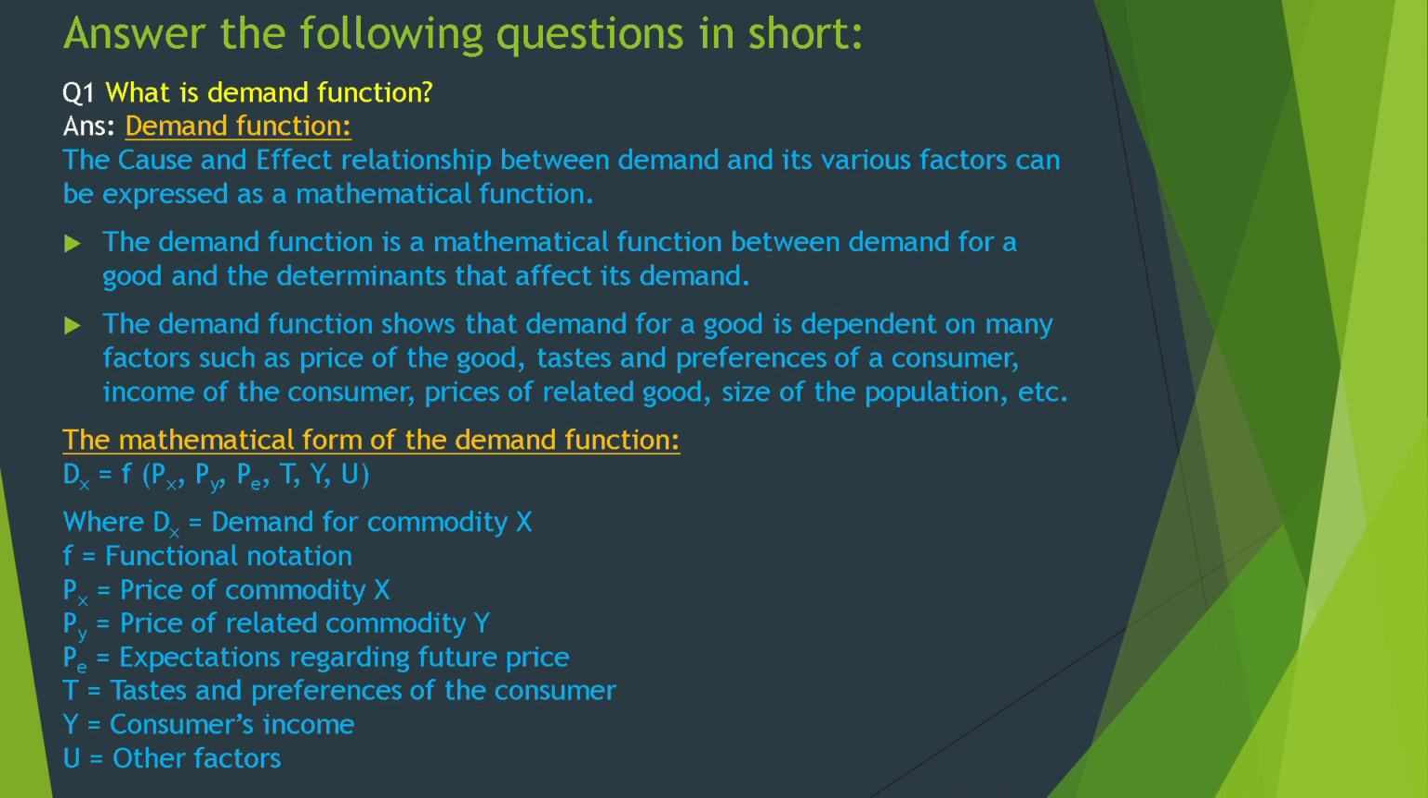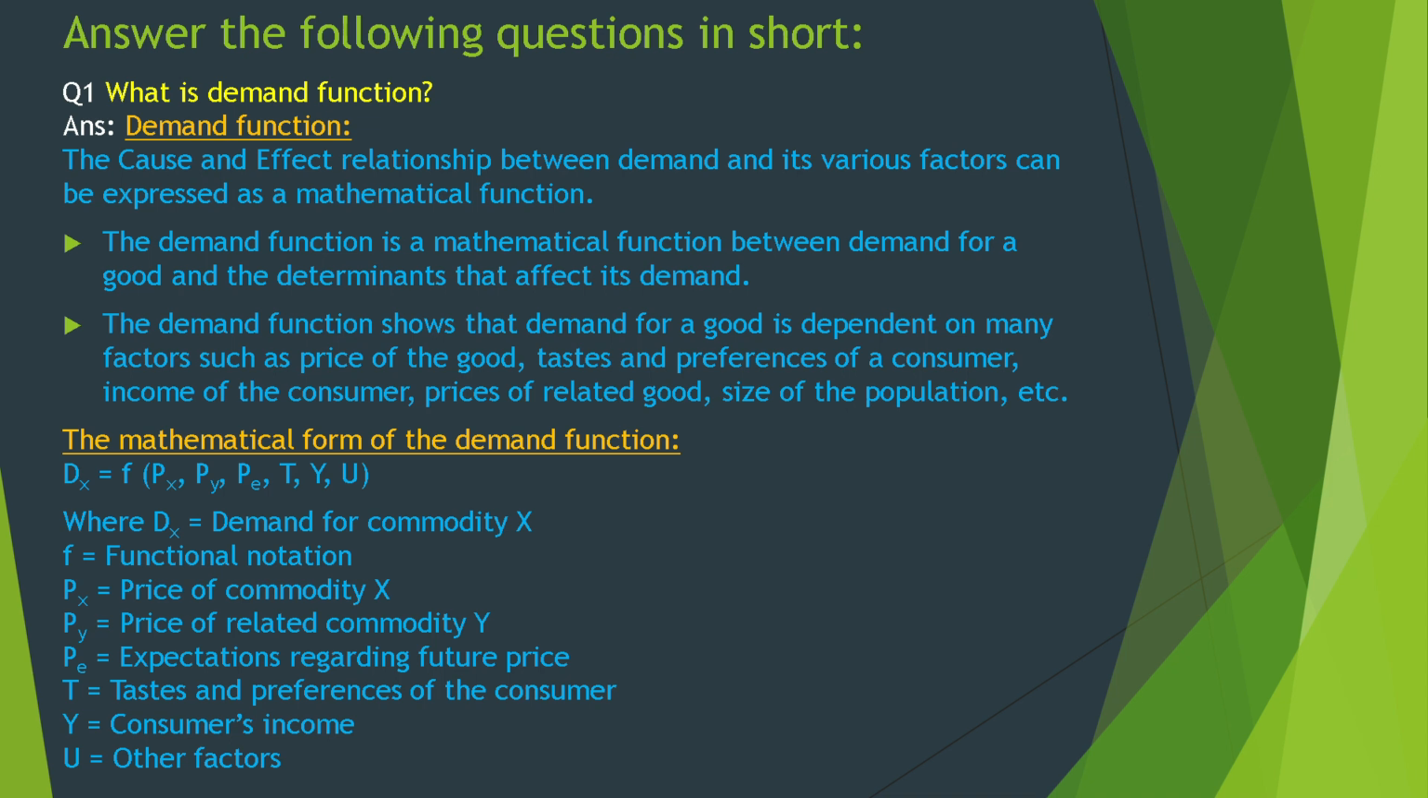Answer the following questions in short. What is demand function? The cause and effect relationship between demand and its various factors can be expressed as a mathematical function. The demand function is a mathematical function between demand for a good and the determinants that affect its demand. The demand function shows that demand for a good is dependent on factors such as price of the good, taste and preferences of a consumer, income of a consumer, price of related goods, size of